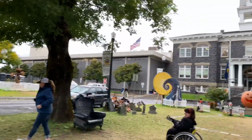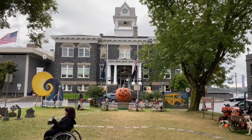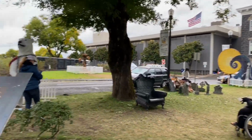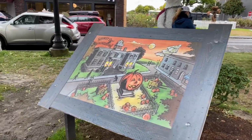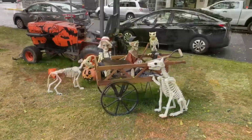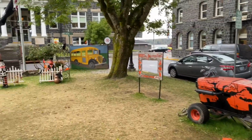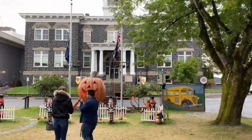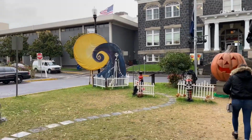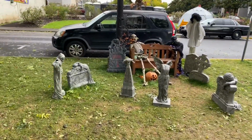Okay, so I like the color there. There's Town Hall, City Hall. Yeah, because that's where the ticket sales, the information. Or no, it's on the